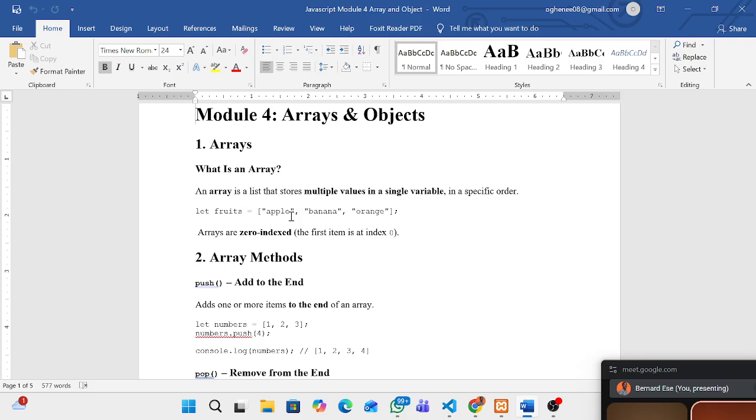Initially we said variables; we say you store only one value inside the variable. But now that we are talking about arrays, you store multiple values inside the variable. You understand? So I will also say that arrays are zero indexed, which is the first item is